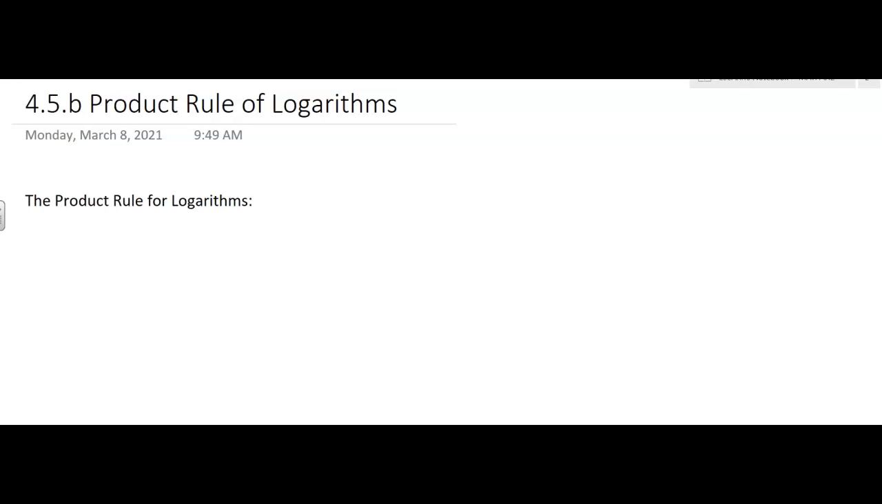So here we're going to look at the product rule for logarithms. So let's say we have log base b of m, and let's say that it equals a. Now I'm going to do a little bit different than they did in the textbook, but you can look at the textbook and see if you like that way better. And then let's say we have log base b of n